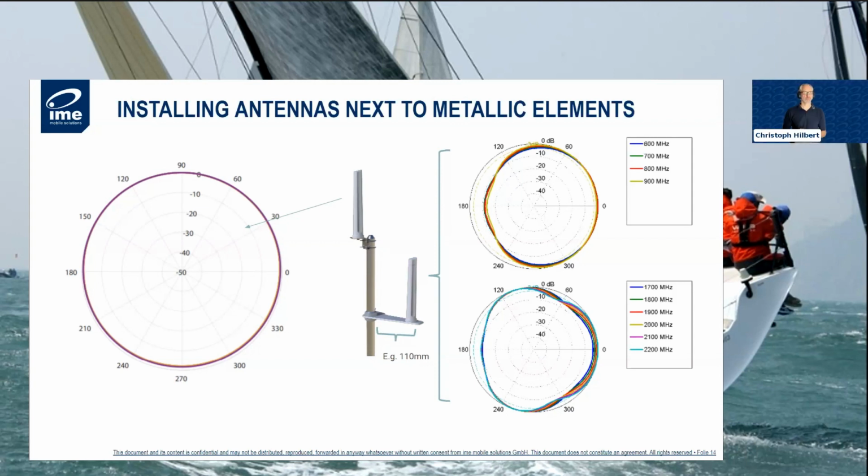So it will be blocked a little bit over there. There is a counter effect, which pushes some gain to the other side, which is positive. But of course, there's a negative impact. Known materials to block